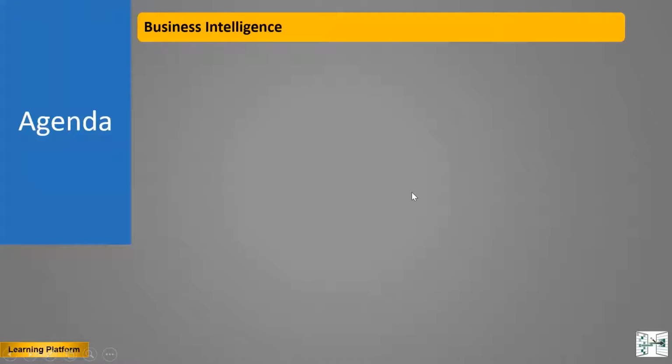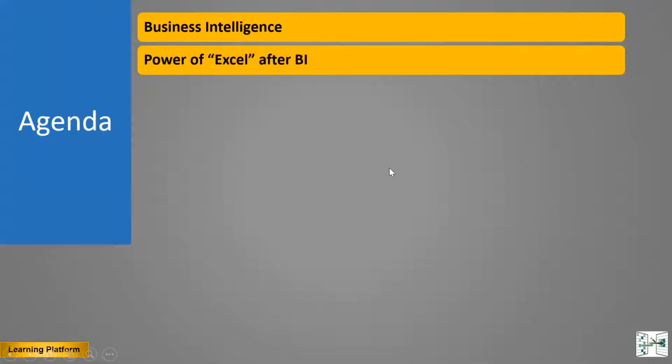This is our agenda. We'll start with something called business intelligence. I'll give you a small understanding and a small definition of what this is, so you will understand how important this session is for us. We will understand what happened with BI after Excel added this feature into the application, because before BI, Excel was not so powerful. It had some limitations. Now after BI, we'll discuss the important things added into Excel.